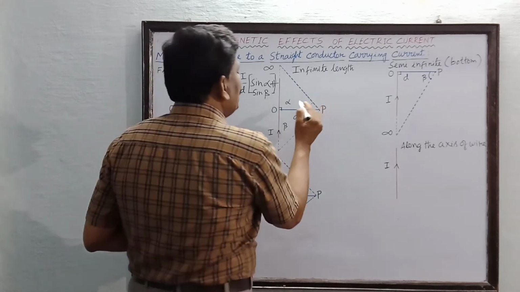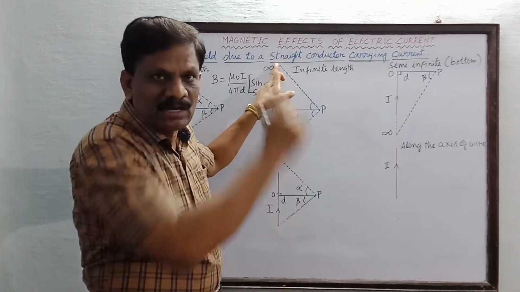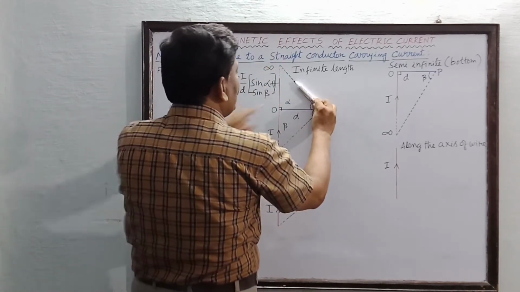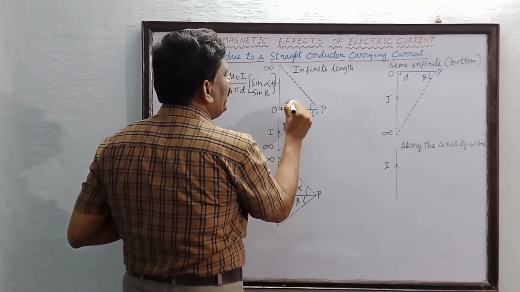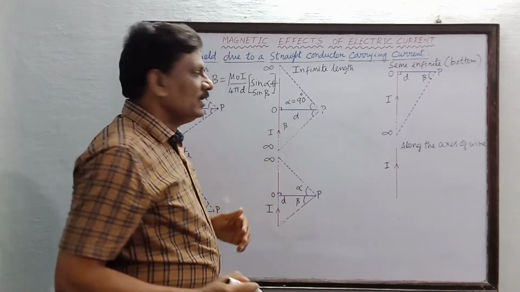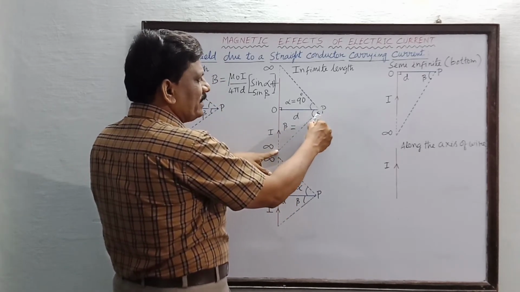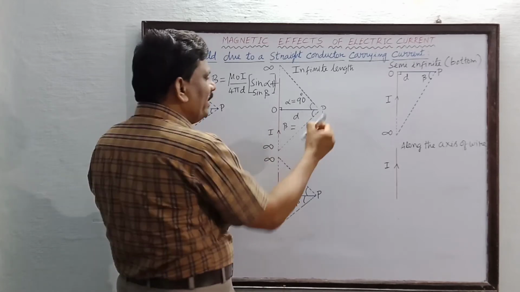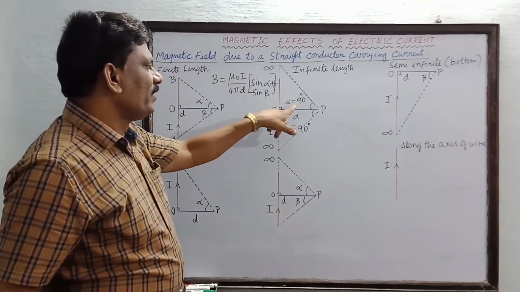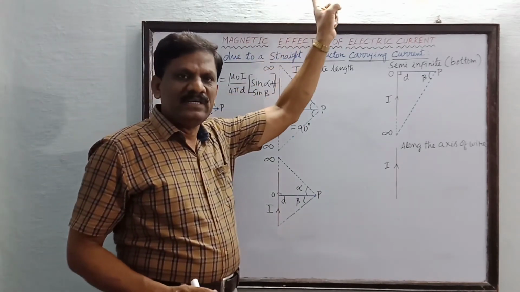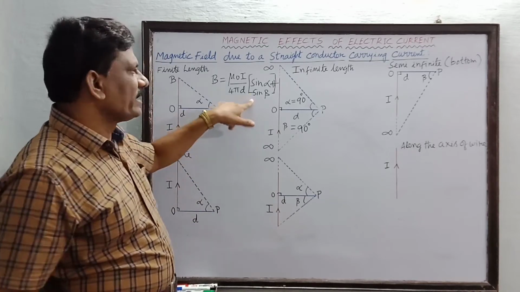Suppose from the point P you join the last element at infinity at the top. This angle goes on increasing as you take the next element and the next element, and for the final element at infinity, alpha will be equal to 90 degrees, that is pi by 2. Similarly, beta at the other end also increases continuously till the last element at infinity, so it is also pi by 2, that is 90 degrees. So alpha is 90 degrees at the top infinity and beta is 90 degrees at the bottom infinity. In this expression I am going to substitute.